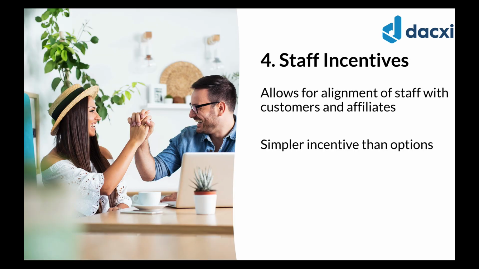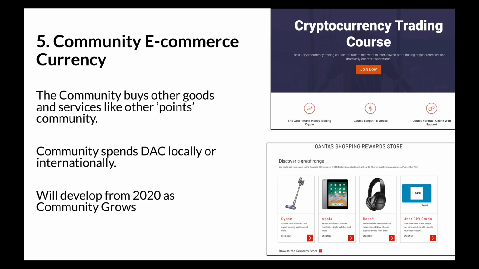The fourth area is obviously we want our staff to be incentivized and motivated, and also in alignment with our customers and incentives. So we give them DAC coin incentives. It's really effective, and we're overjoyed to be able to reward our staff. The fifth area is more about when the organization is larger, and obviously as a crowd of people, as a community, we want to engage them and incentivize them. And obviously it's super normal to have to offer benefits to the community.